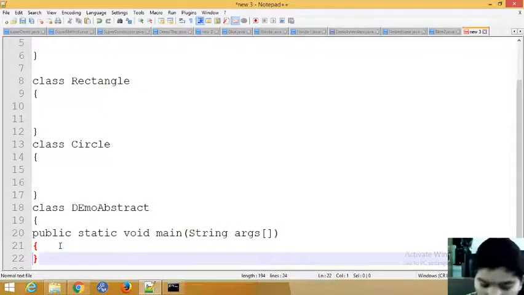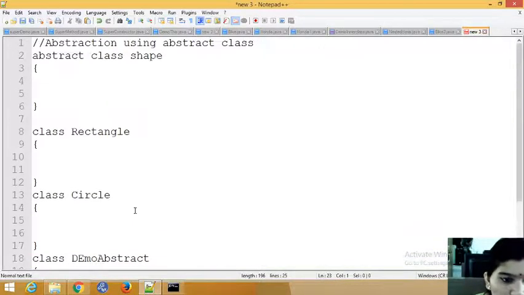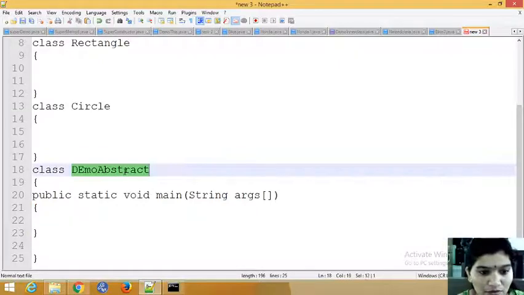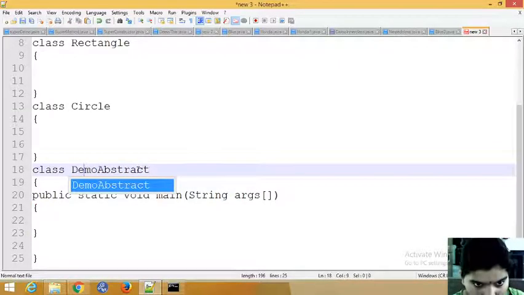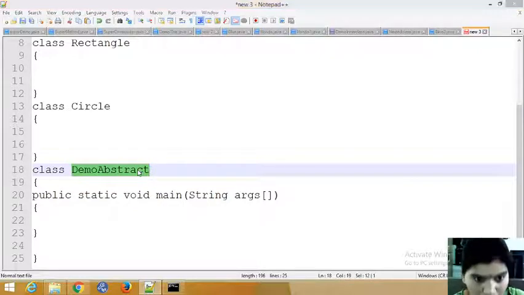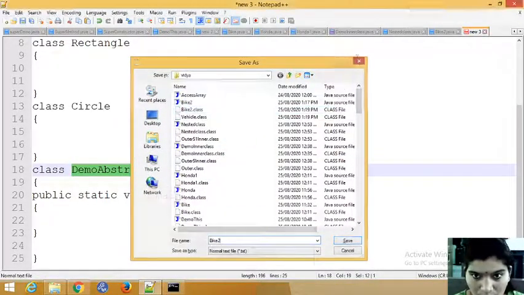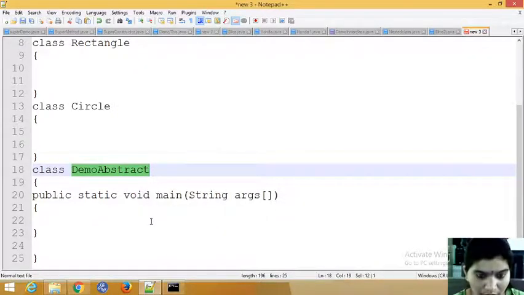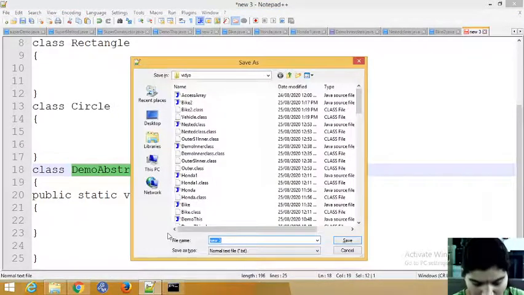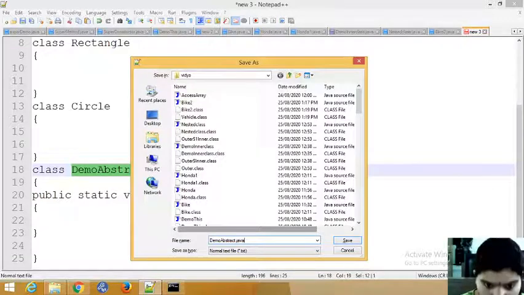We'll see later what to write in this. First we'll save the program with the class name, copy it because it contains the main method, and add the extension .java.